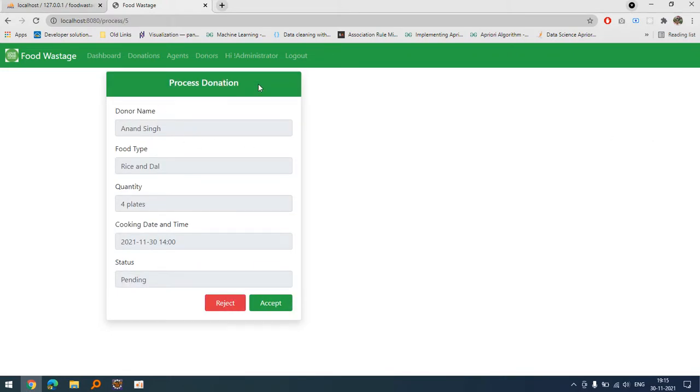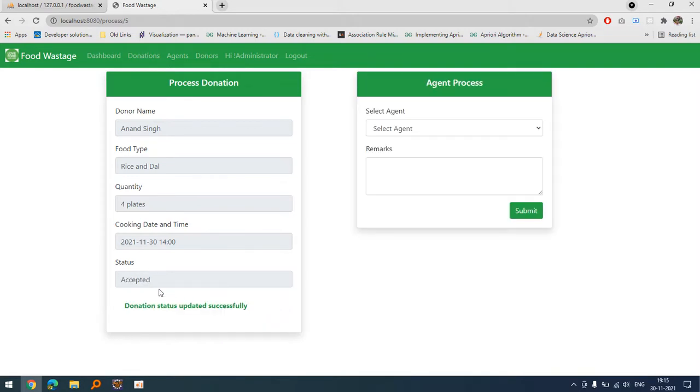So you can see this is the process. We can accept or reject, as we can see, or maybe due to time range this rice and dal is not good for health, so we can reject it, but we are going to accept it. Once we accept it, this form will appear.